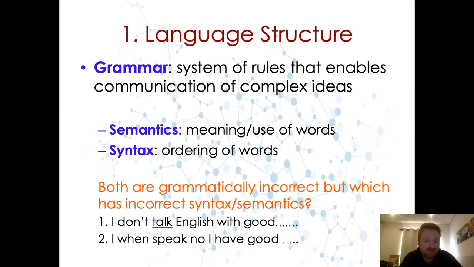Semantics is what the meaning of words are, or the use of the words. So when we talked about semantic memory, that's a little bit confusing with this idea of what semantics is with grammar. So don't get it confused. Semantics is what's the meaning of it. So it kind of relates to the idea of semantic memory, because semantic memory is the information about the meaning of this word, like the semantics of the definitions of words. That's semantic memory. Or semantic encoding, like looking at the meaning of things to understand it better. All of it means meaning, but in the context of grammar, it's how I use the word in context.